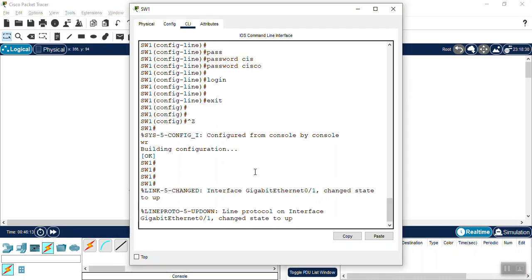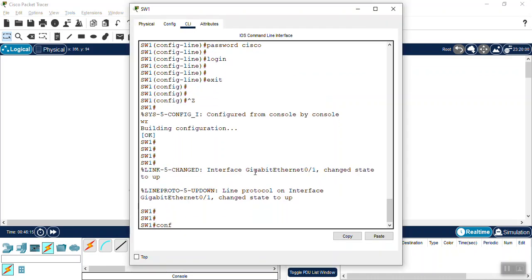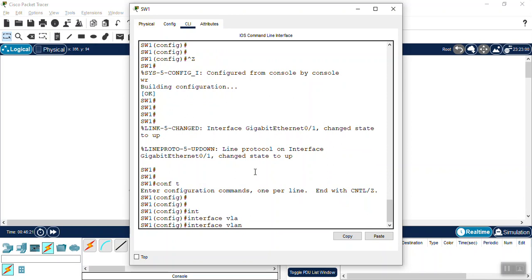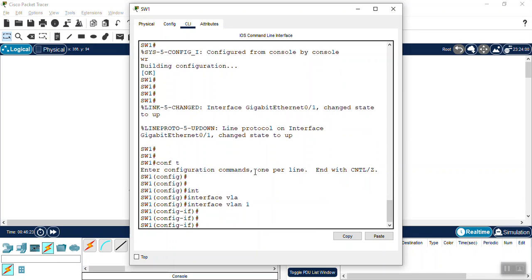So we will go to the switch, we will again go to the configure terminal, okay, and here we will write interface VLAN 1, and here we will configure the IP address. This is the logical interface. On physical interfaces of the layer 2 switch, we cannot configure the IP address. That's why for management purpose, we are using the virtual interface, that is VLAN 1 interface, for configuring the IP address.